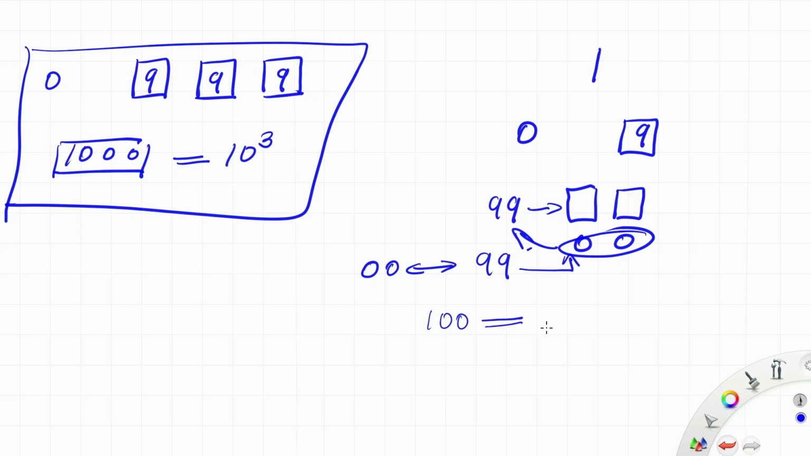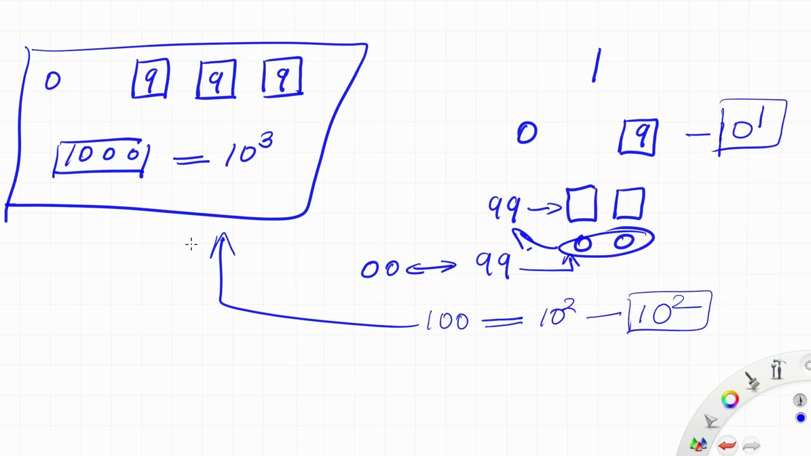And it is equal to 10 raised to 2. That's correct. Now let's come back to this example. We have proved that a 1-digit number has 10 raised to 1 possibilities, and a 2-digit number has 10 to the power 2 maximum numbers,